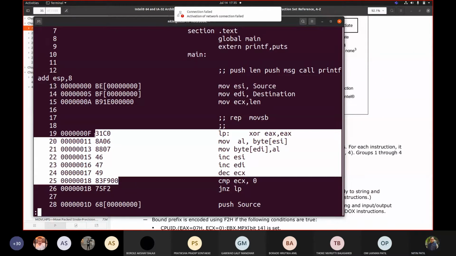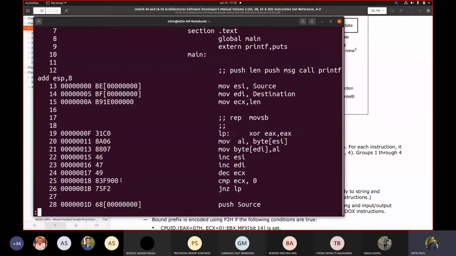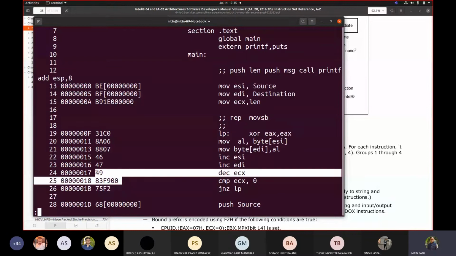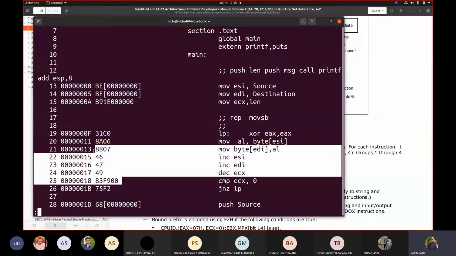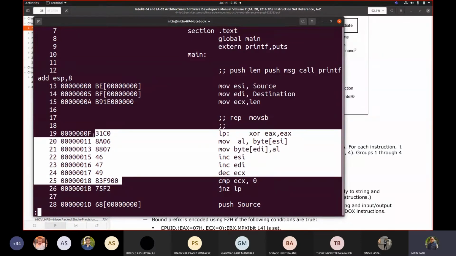If I take 12, can I represent 12 in binary? With the assumption that we are taking these many bytes. Let me count one more time. 1, 2, 3, 4, 5, 6, 7, 8, 9, 10, 11, 12.